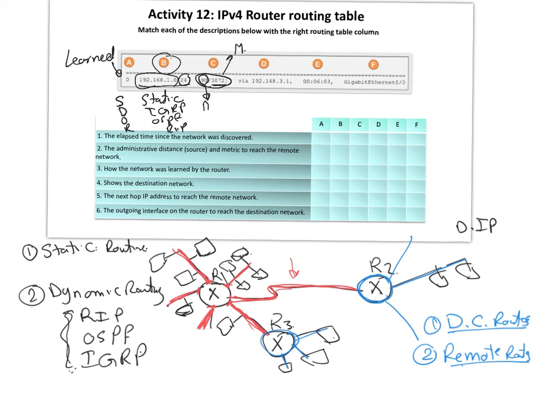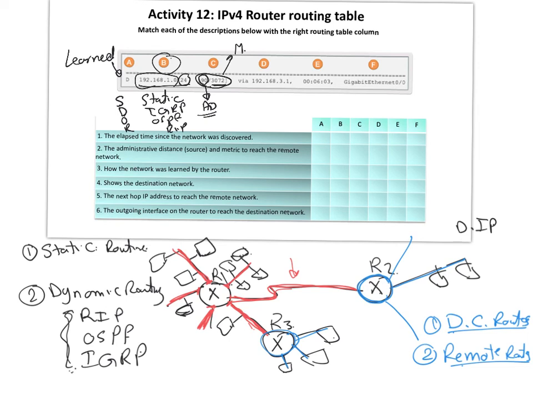Indicates something called administrative distance. The administrative distance indicates the trustworthiness. Memorize this word. The trustworthiness of this route. How much I should trust this route. And what that means is that now, as we said in the previous procedure, if we have multiple lines that